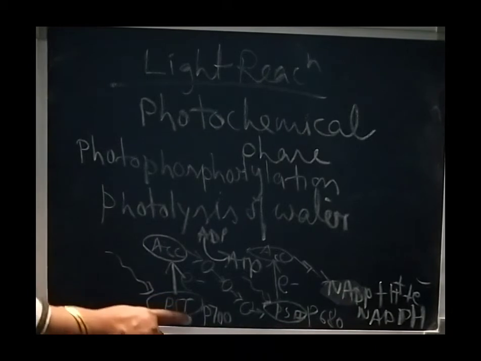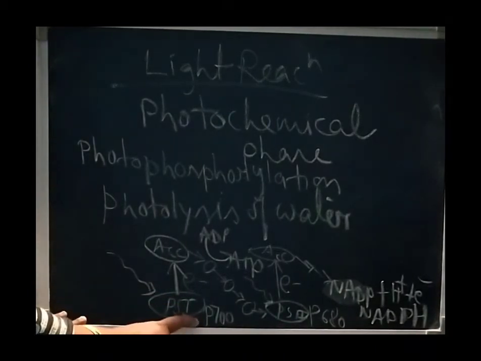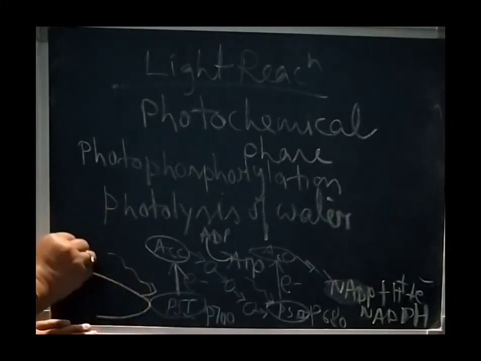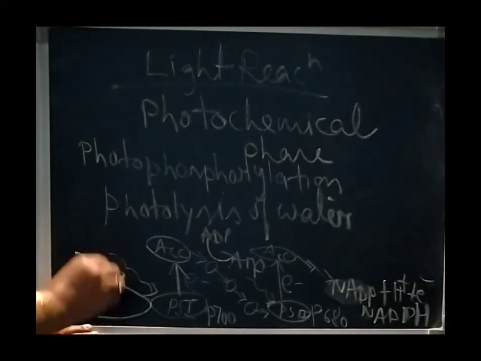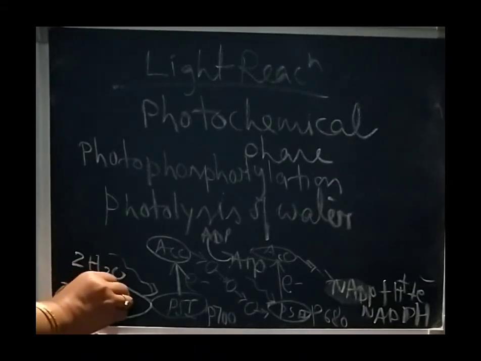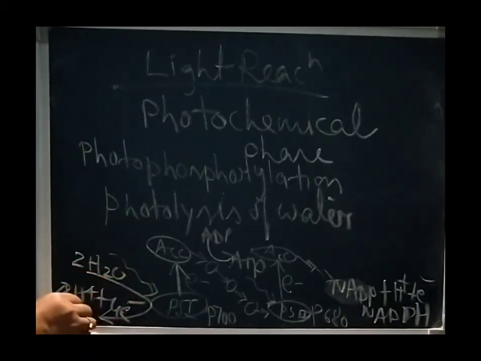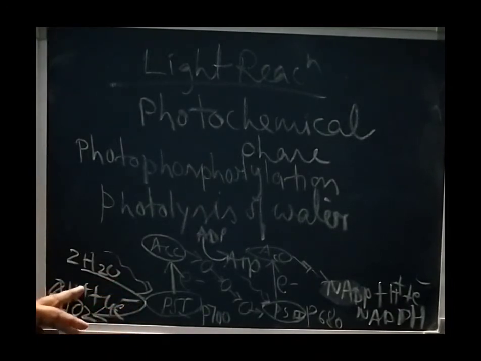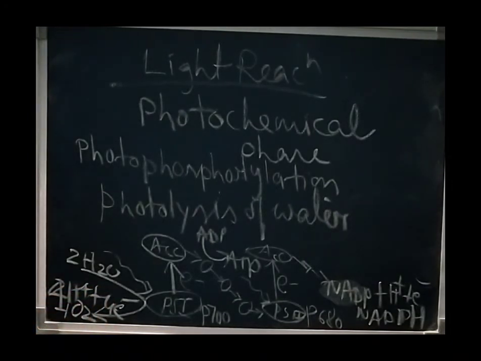But now the question is, these LHCs having chlorophyll have lost electrons, so what will compensate this loss? Here photolysis goes on. The water molecule is broken down to 4H plus, 4 electrons, and oxygen. This is the photolysis of water, where the water molecule is split into hydrogen ions, that is protons, electrons, and oxygen. And oxygen is the byproduct of